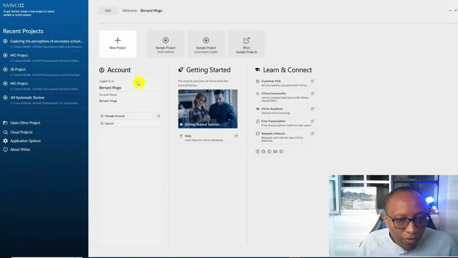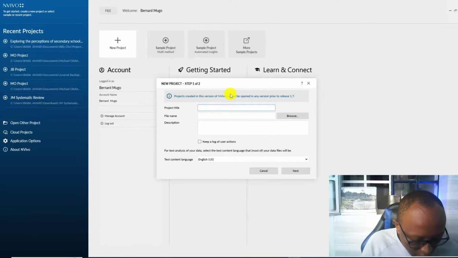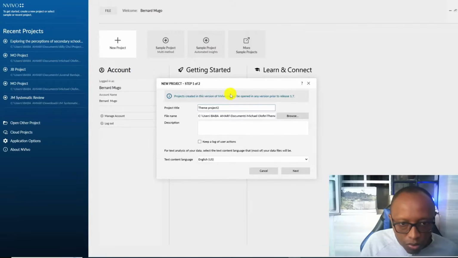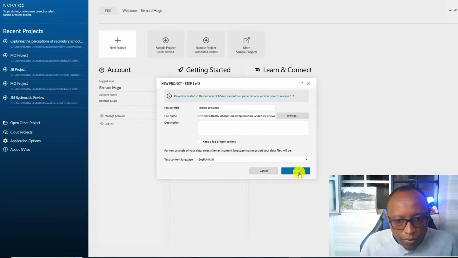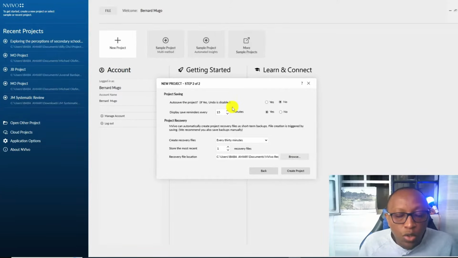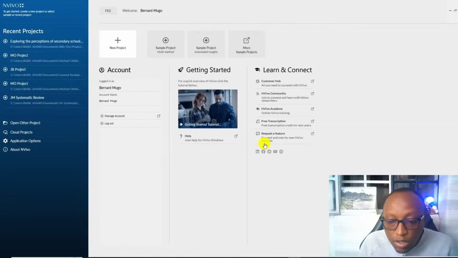This is NVivo 15. This is how it opens, just like the previous version, NVivo 14. So when we open NVivo 15, we have to click here on a new project. Call this theme project 2. I want to save this here, theme project 2. Then click on next. We don't want to autosave our project because NVivo might crash. So you want to display save reminders every 15 minutes